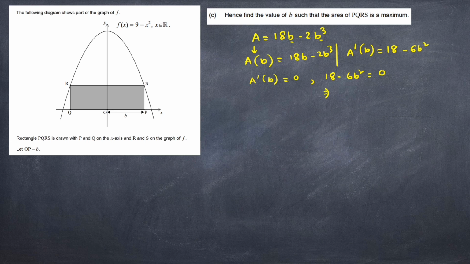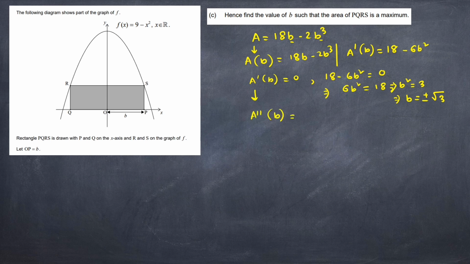So from here we can find out 6B square is equal to 18, or B square is equal to 3. So we can write B is equal to plus minus root 3. Now we need to determine whether the plus value of B or the minus value of B will be there. In some previous video I have already mentioned, to find out the maximum value or minimum value we need to calculate the double derivative also.